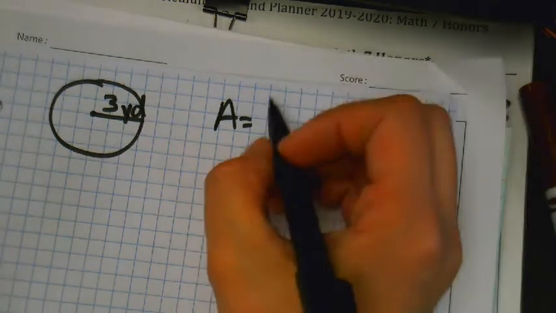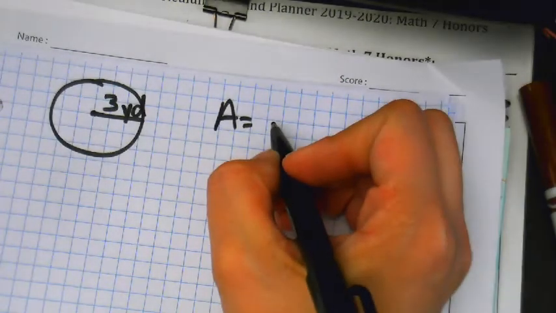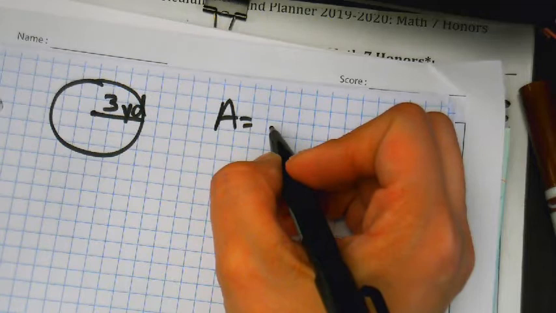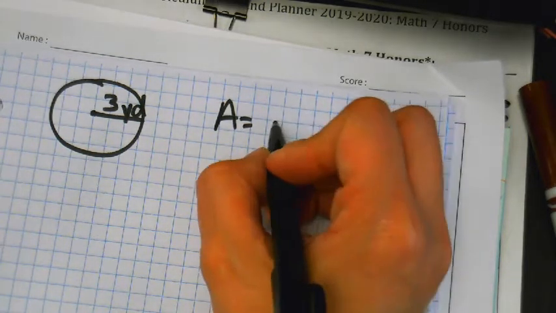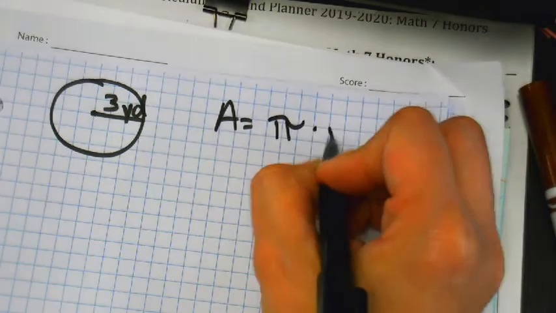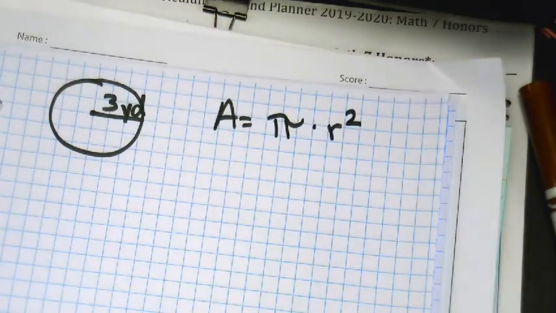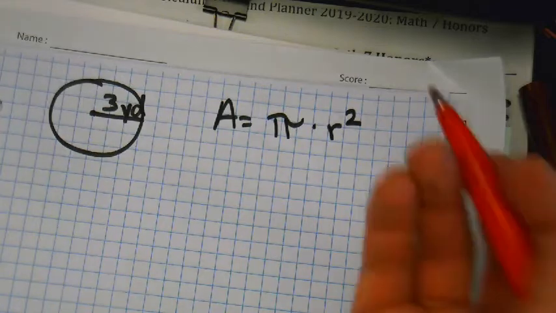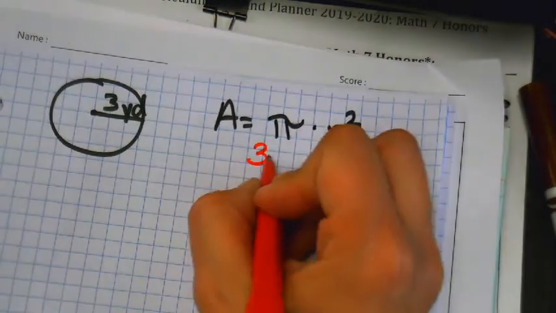Okay, area is equal to, what was the formula? Who can remember without looking? 3.14 times 3. Okay, so pi r squared. If you say it really fast, you memorize it. Pi r squared. So, pi is 3.14